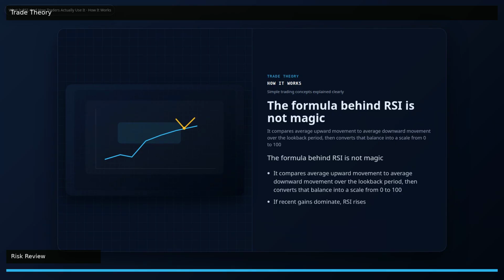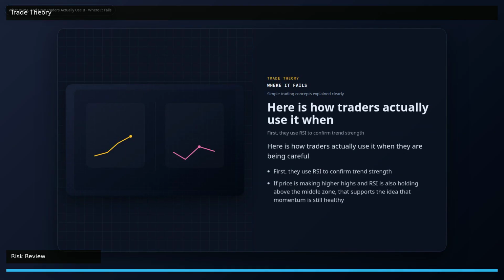Here is how traders actually use it when they are being careful. First, they use RSI to confirm trend strength. If price is making higher highs and RSI is also holding above the middle zone, that supports the idea that momentum is still healthy. Second, they use RSI to look for divergence, which means price makes a new high or